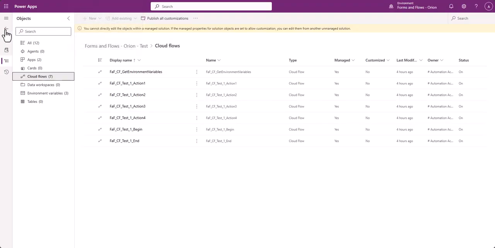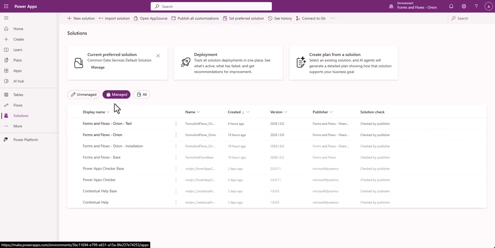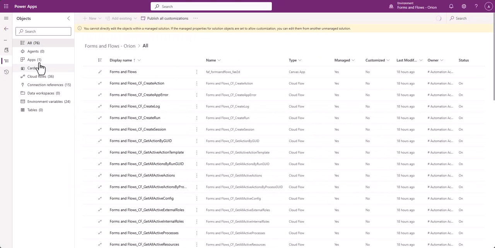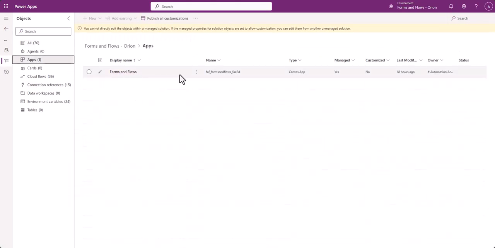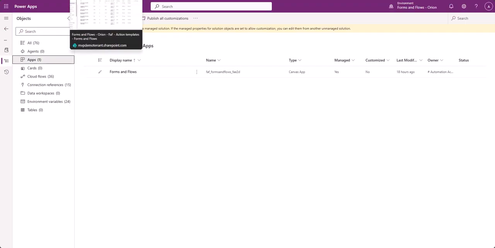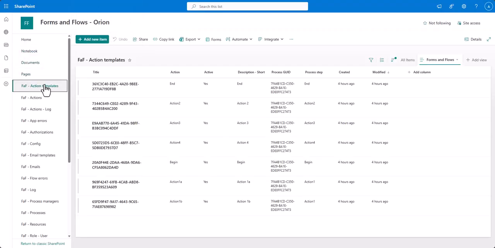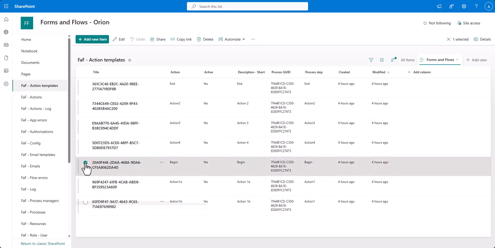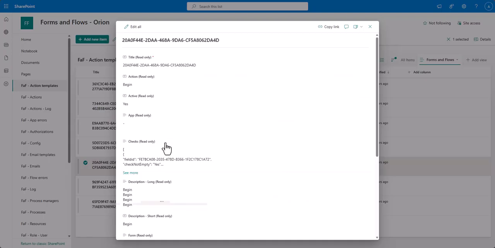Then the solution for Orion contains the Forms and Flows app. It's a Canvas app, and it has been shown in the other introduction video. So when a run is started, actually it looks up here to the related begin action template. And in this template, when I open it, in this record,